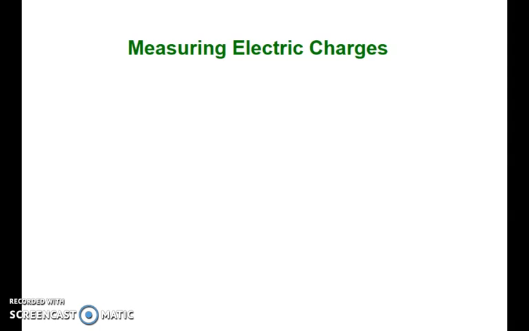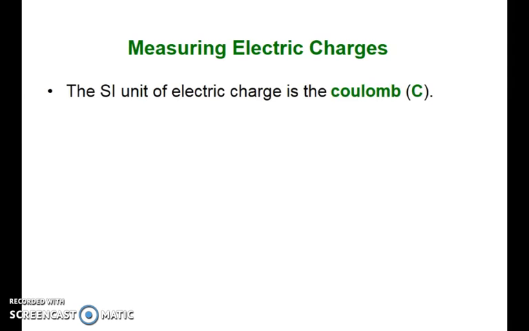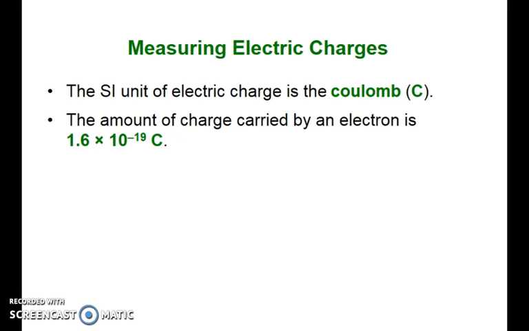All right, so measuring electric charges. How do we measure? The SI unit for electric charge is the coulomb. Just to give you an idea of how much is one coulomb, the amount of charge carried by an electron is actually 1.6 times 10 to the power minus 19 coulombs. What does this mean? That means 1 coulomb